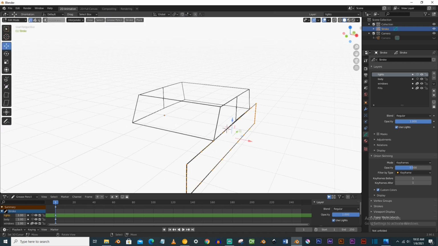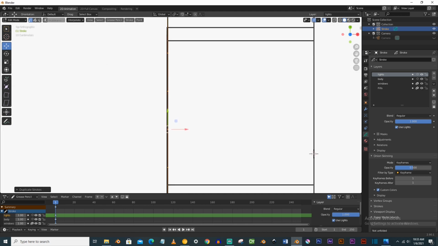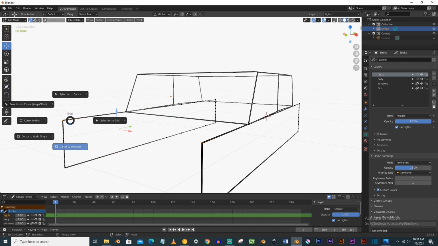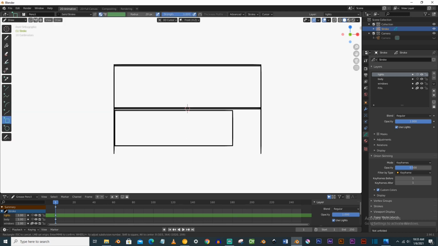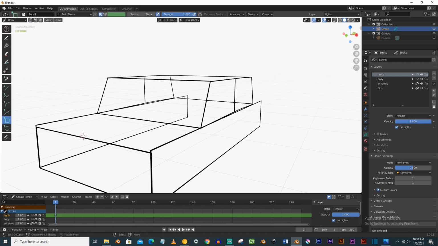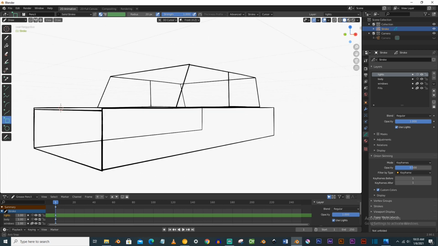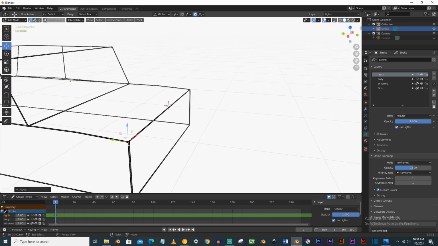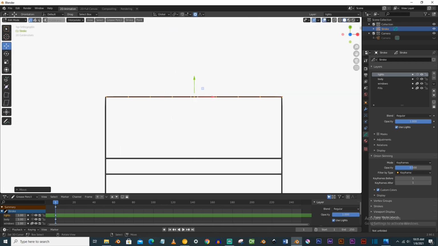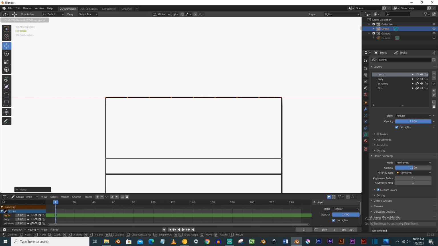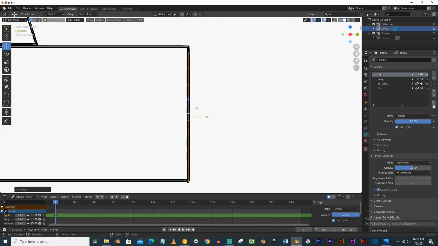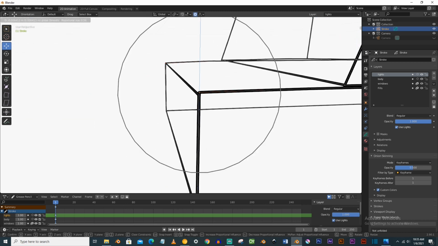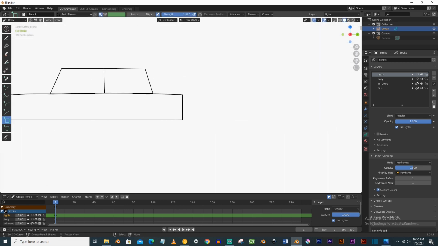The most important thing here is the position of the cursor, and you can place it anywhere by selecting the points and then press Shift S and select cursor to selection. Similarly the other end also, to make it a closed loop. And now press Shift D and place it on the back. Now we will also do the same thing. Make that point a little bit down here also on both sides.